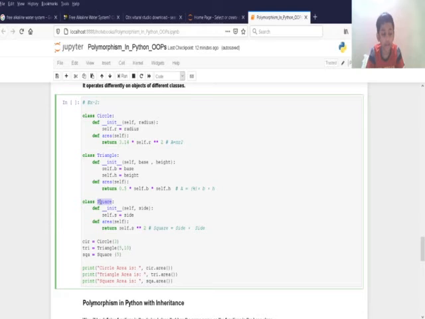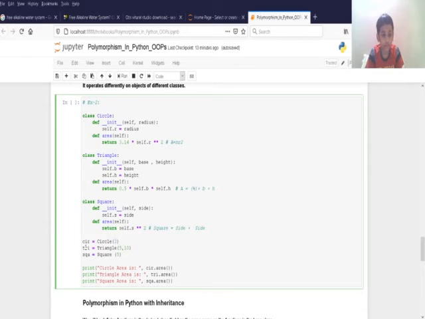And now I created a class named square, the constructor, and I created a parameter named side. And I created a method named area. I'm returning self. The formula of the square is side multiplied by side. So self.s is side, and I'm squaring it with 2. So cir equals 3. 3 is the radius of the circle, as cir is the object of circle and 3 is the radius of the circle,